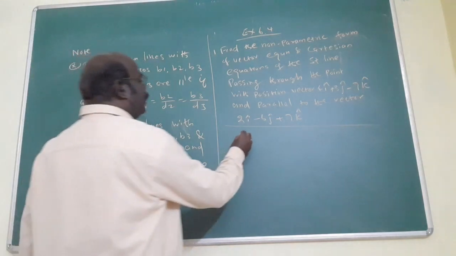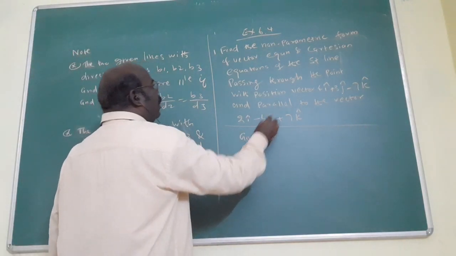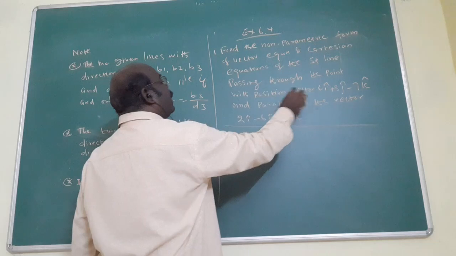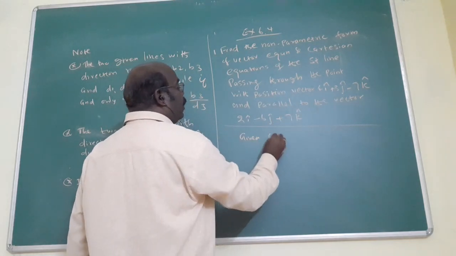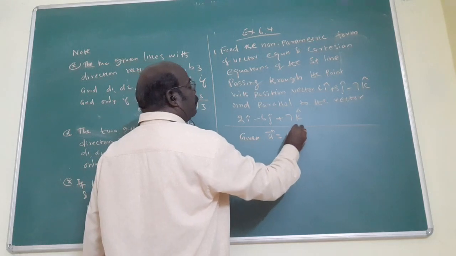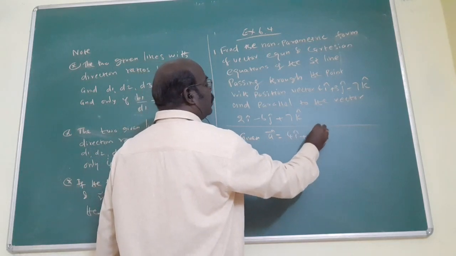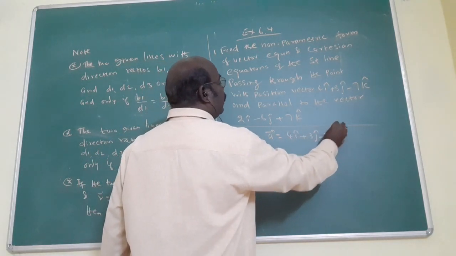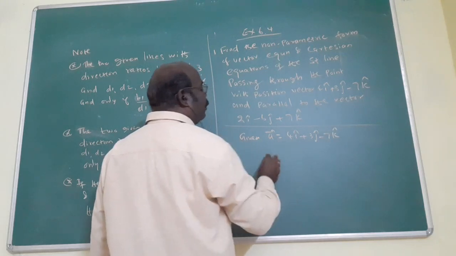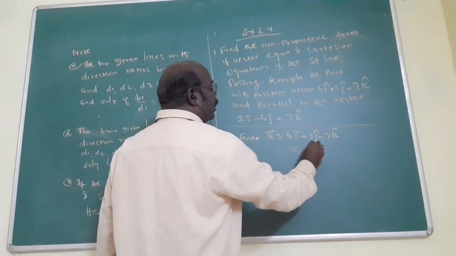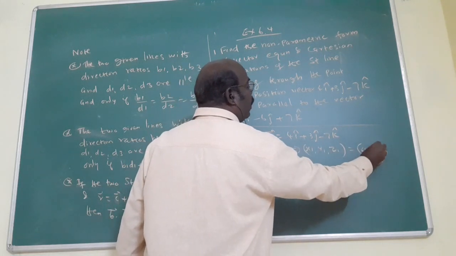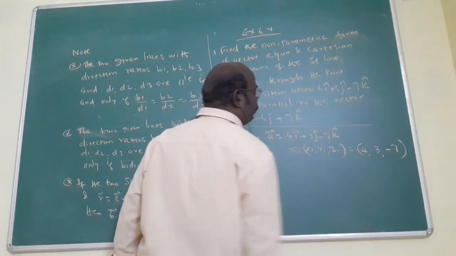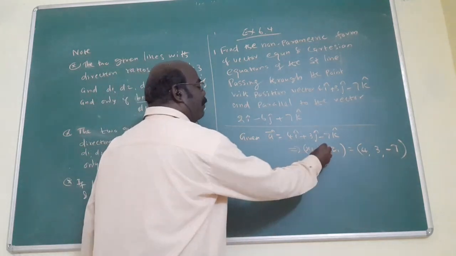What is given? The point with position vector OA, that means OA is the small a vector. This is a point. This is given. Am I correct? Which implies automatically the point x1, y1, z1 equals, what is the answer? 4, 3, minus 7. Here the a vector is given.